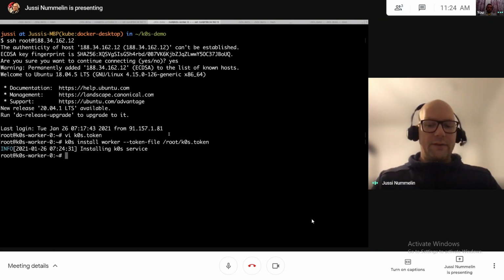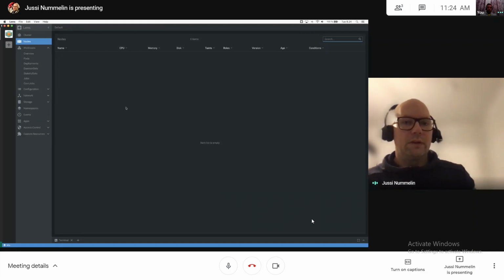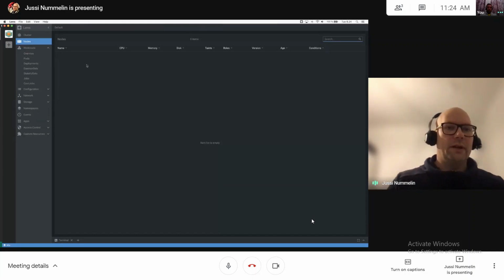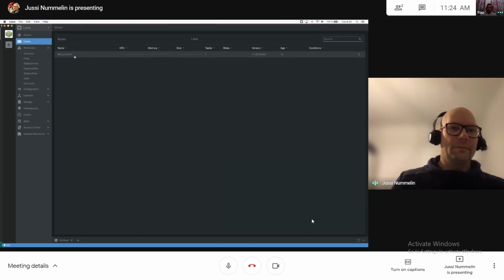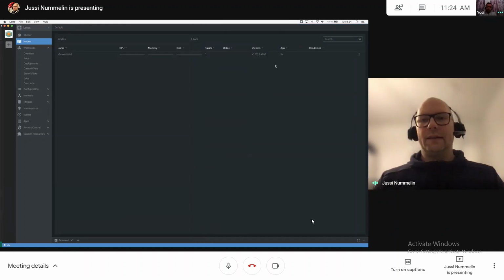Installed as a service, and then systemctl start K0S worker service. In a minute or two, we'll see that we get a node on the cluster in Lens. Yeah, worker 0 connected. Of course, it takes a while until it gets to the ready state. It needs to pull all the images for Calico and whatnot.